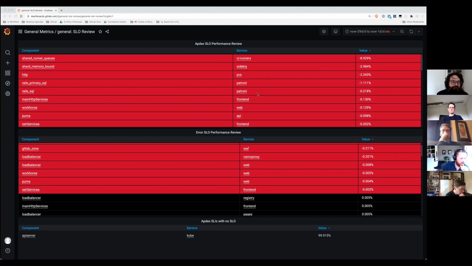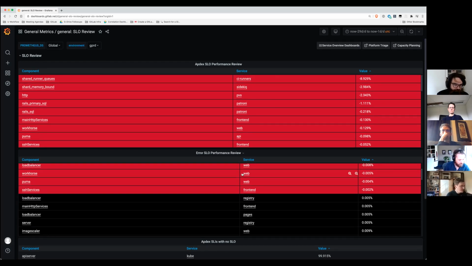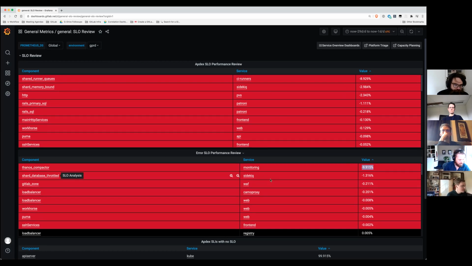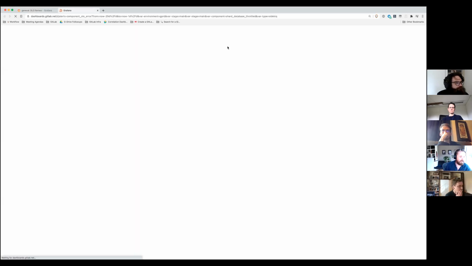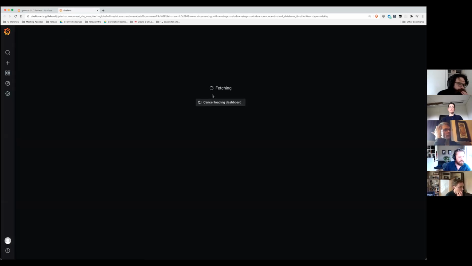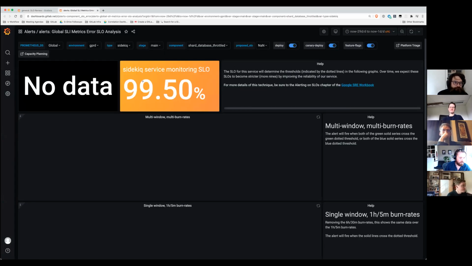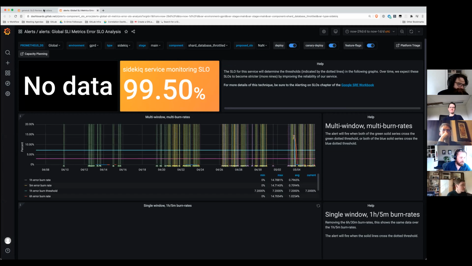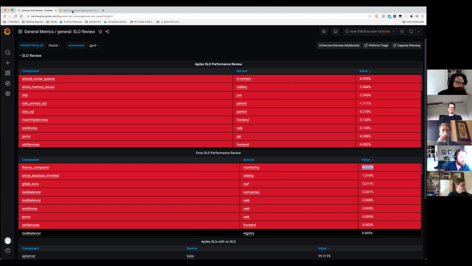But if we take a look, by the way, this clicks through. The Sidekiq one is a pretty good example. The Sidekiq queues are all different from one another, and maybe they need to have different SLOs. If you click on this, it opens up this SLO Analysis Dashboard, which is quite useful. So you can see how the data has been historically, once it loads. That's where it is at the moment, 99.5. And then we were 1.3% below that,